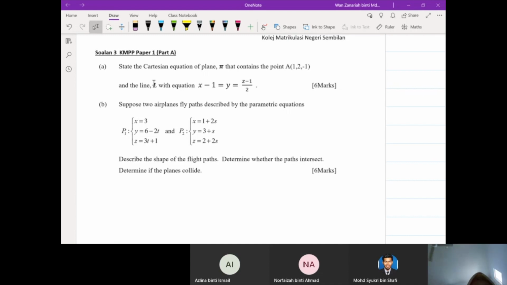The question is on the equation of a plane. For the equation of a plane, we need r dot n equals a dot n, where n is a normal vector on the plane, and a is any point. The point is given in the question, but we don't know our normal vector. Therefore, we have to find the normal vector first. In order to find the normal vector, we have to find the cross product of two vectors. If we want to find the normal of the plane, we have to find the cross product of two vectors. So in this case,